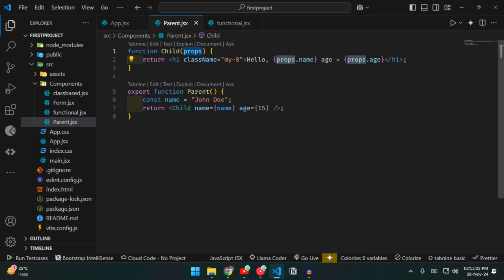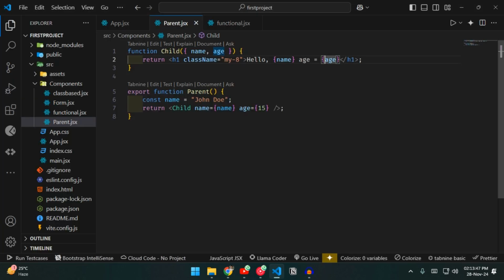In JavaScript, you might have learned what destructuring is. So we are going to destructure name and age. Now we can use only the name variable and age variable, and that will work the same. So I think you have understood what props are.